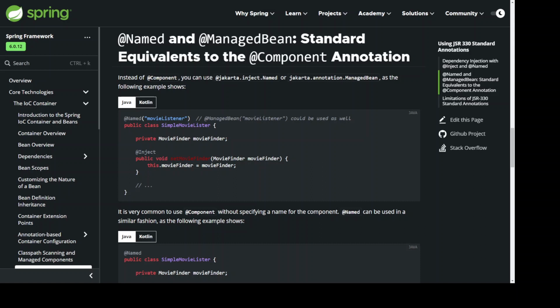@Named and @ManagedBean are standard equivalents to the @Component annotation. Instead of @Component, you can use jakarta.inject.Named or jakarta.annotation.ManagedBean, as the following example shows. import jakarta.inject.Inject; import jakarta.inject.Named; @Named("movieListener") // @ManagedBean("movieListener") could be used as well public class SimpleMovieLister { private MovieFinder movieFinder; @Inject public void setMovieFinder(MovieFinder movieFinder) { this.movieFinder = movieFinder; } }